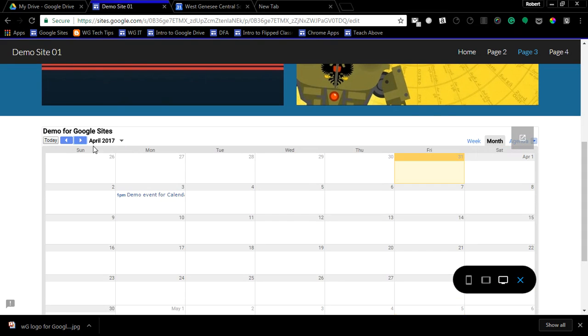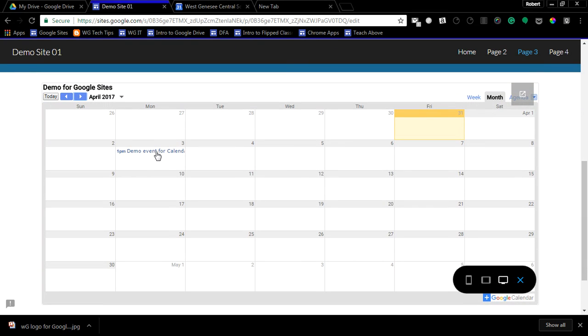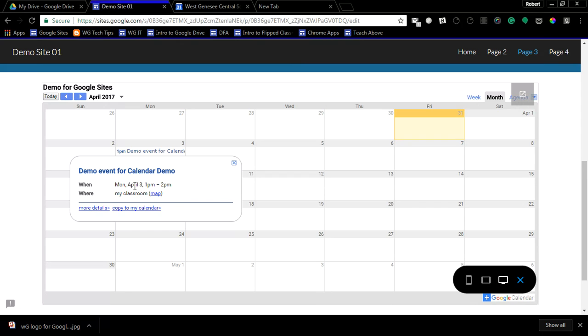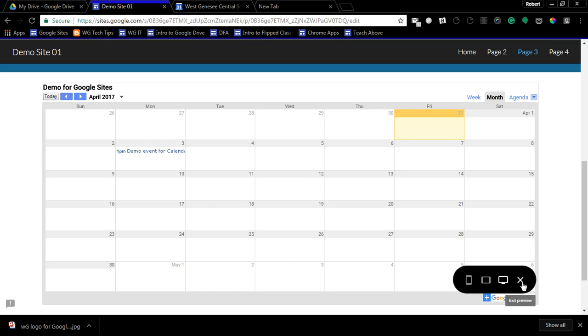I put my event in April, and there it is, demo event for calendar. If I click on it, it has the dates, the time. I did not attach any files, but I certainly could. But again, it's a nice way to share information with families, share information with students, especially if you're posting due